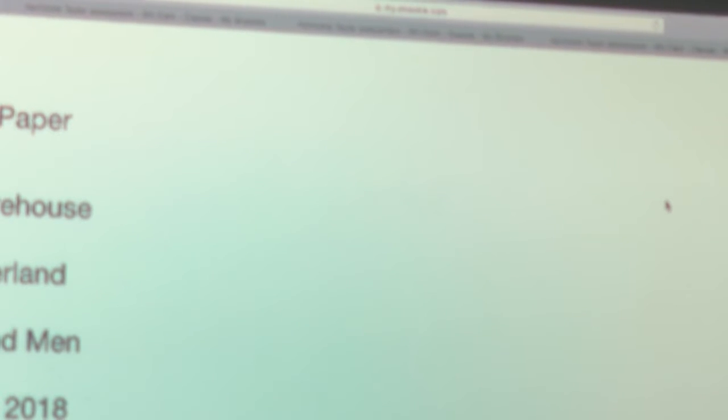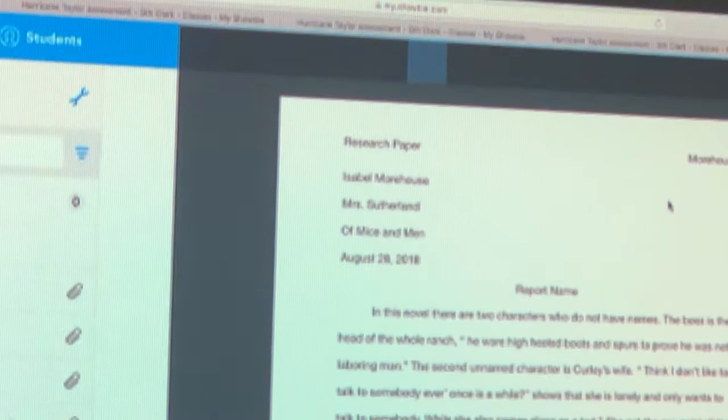Her very first paragraph, just like yours, is going to be about the 2 characters who do not have a name. The absence of character names. Underneath her report name, which if you'd like for it to be Of Mice and Men, that's fine. You might want to try cut and paste. We need to get our thesis statement first. So let me show you the first thing you're going to type in your term paper.